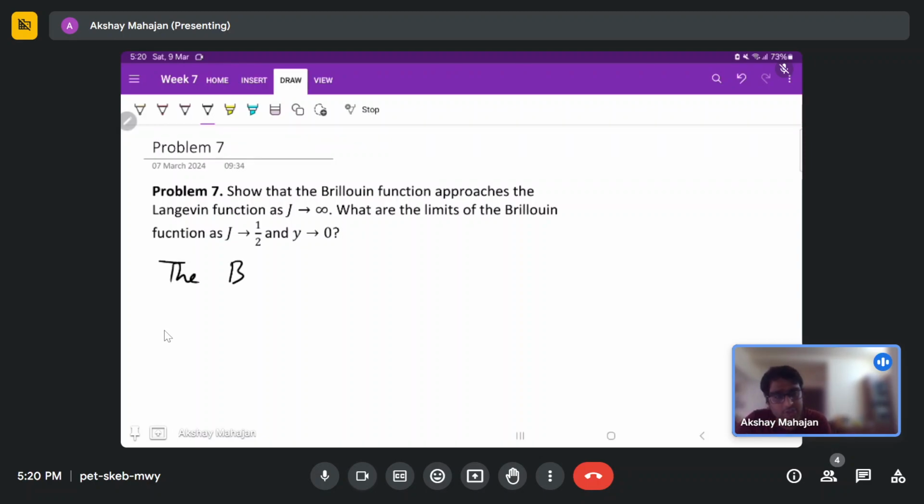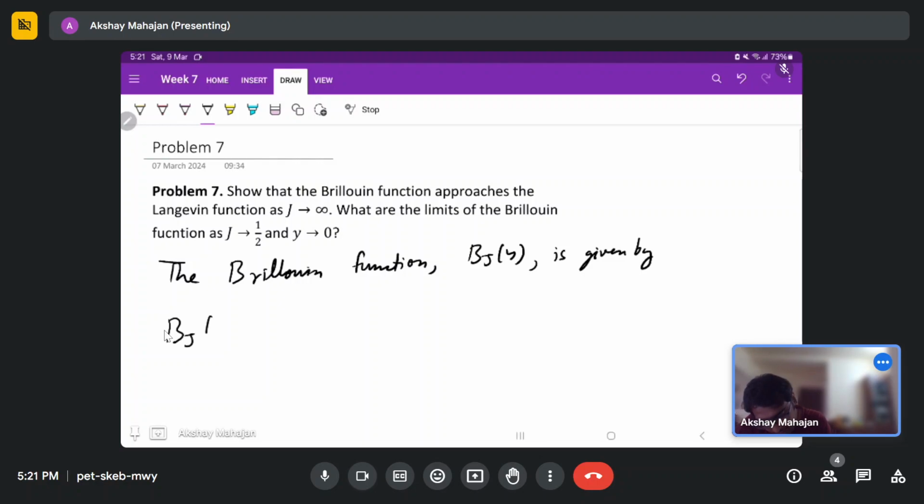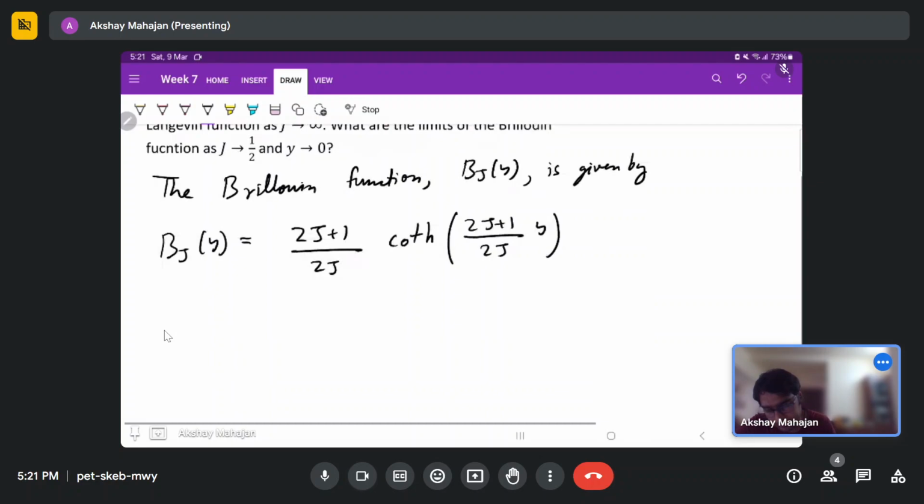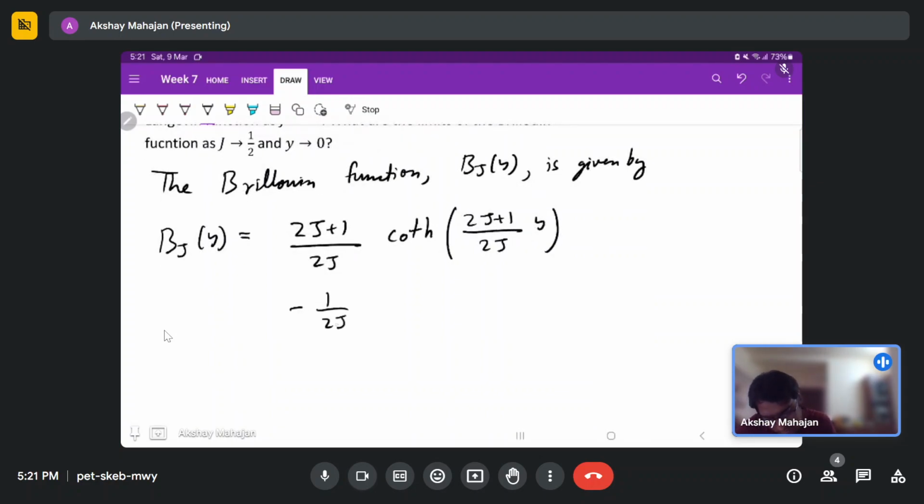So for general j, the Brillouin function, which is B_j(y), is given by B_j(y) equals 2j plus 1 divided by 2j times coth of (2j plus 1) divided by 2j times y, minus 1 upon 2j times coth of y by 2j,